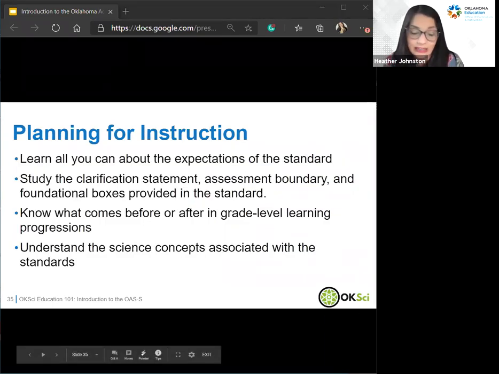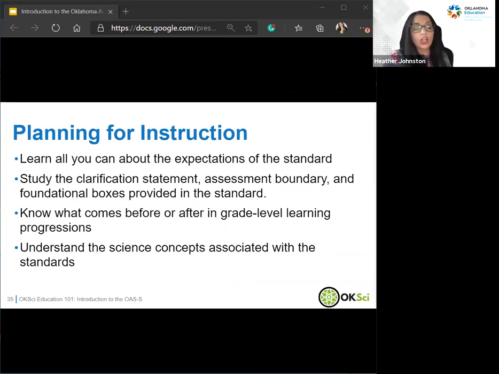So as you're planning then for instruction and looking at the standards to support the planning, it's really important that you understand the expectations of that standard. You can do that by looking at the clarification statement or the assessment boundary or those foundational boxes, which identify the dimensions students should be utilizing to meet that performance expectation. It is helpful to know what comes before or after in grade level learning progressions, which is why we have